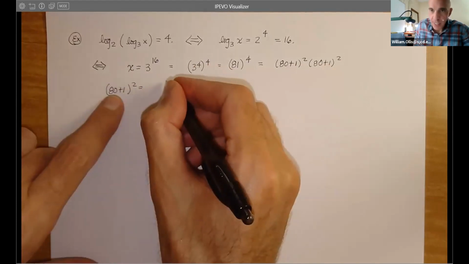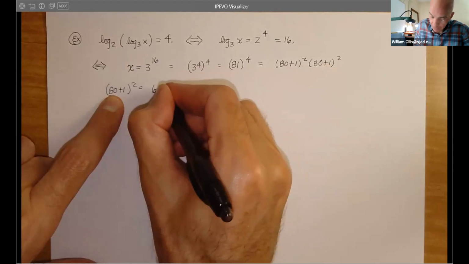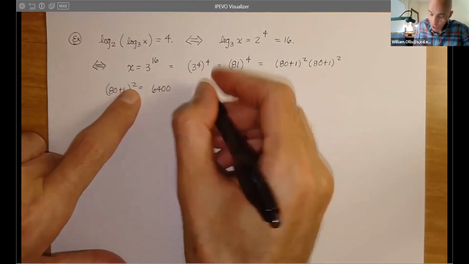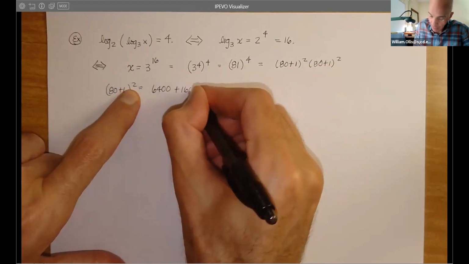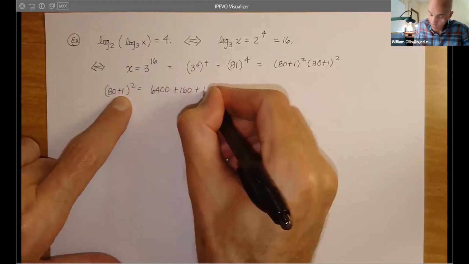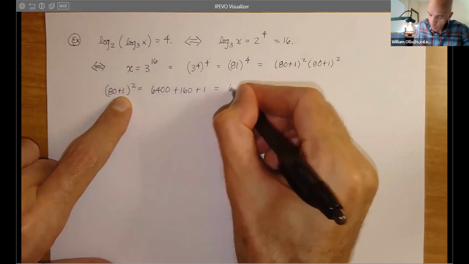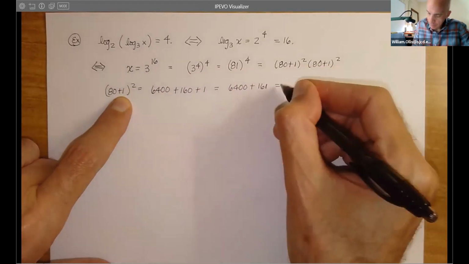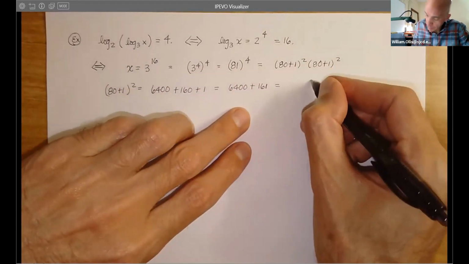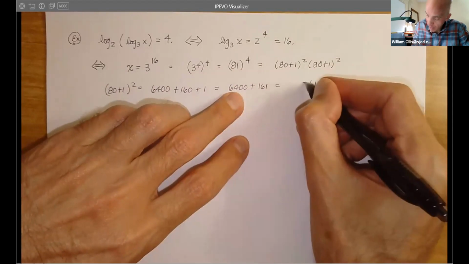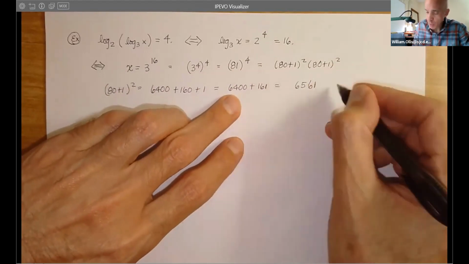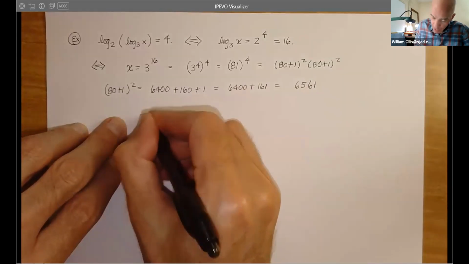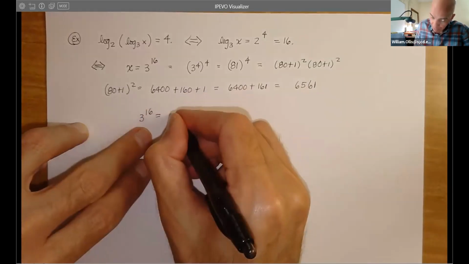So that'll be what? 64 with 2 zeros. And then 1 times 80 is 80, times 2 is 160. And then 1 squared is 1. Well, not difficult. 6400 plus 161. So this will give us a 1, a 6, 1 and a 4 is a 5, and then a 6. So 6561. So 3 to the 16 equals